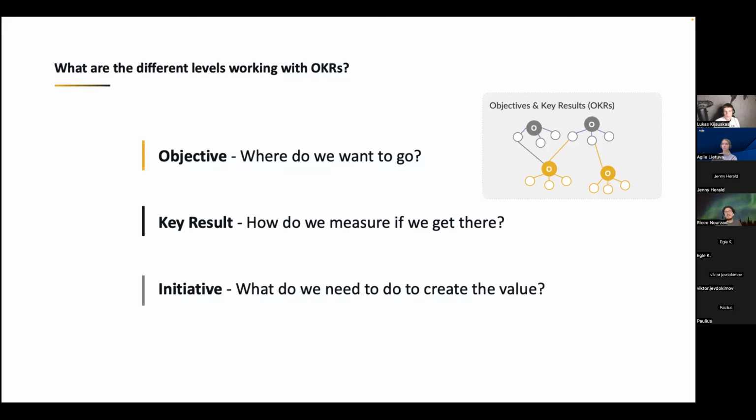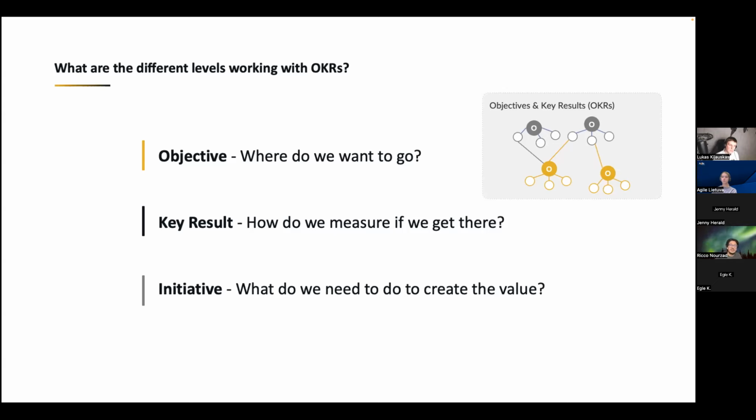The third layer is initiatives. What do we need to do to create this value? And this is actually the concept itself. We have objectives, we have key results, and it's a very lightweight concept. For that reason, there are a lot of people coming up with concepts, frameworks, and different things for how to work with OKRs, because the idea is simple, but to master it is pretty difficult. For that reason, I always come along with my own toolbox, my own roadmap, and you can use it if you are a startup, you can use it if you're a corporate. I would personally use not every step along this way, but the steps which fit for you.